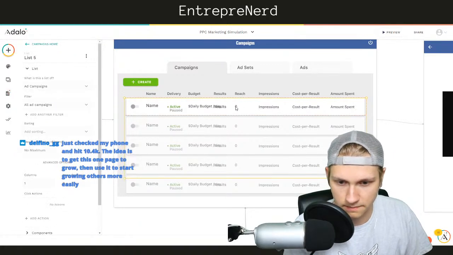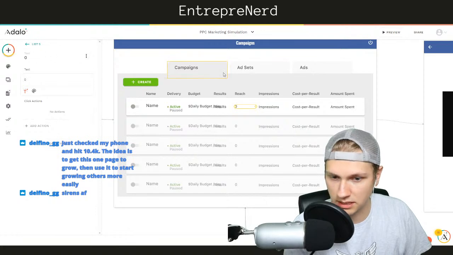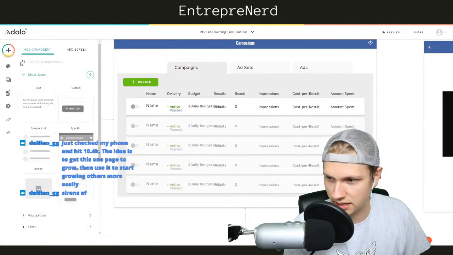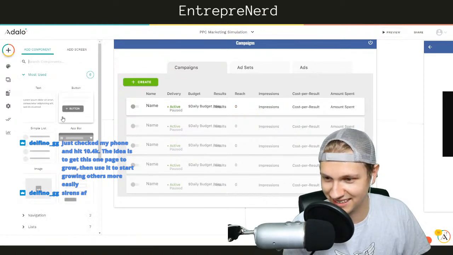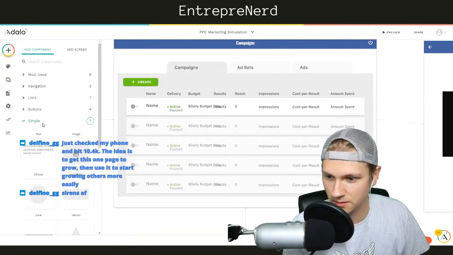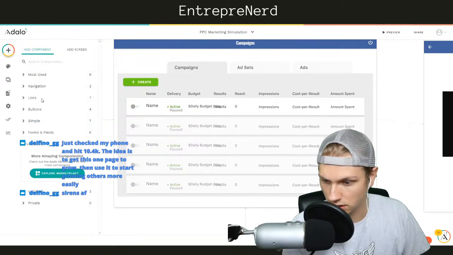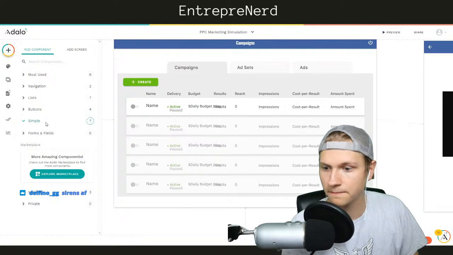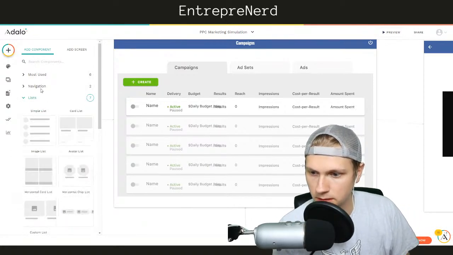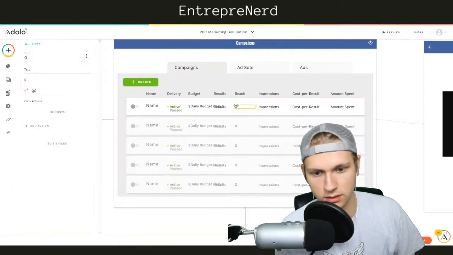Which means that this number here is going to be, I don't want a number, I want to add text. Okay, now I think I just have to do it with text.